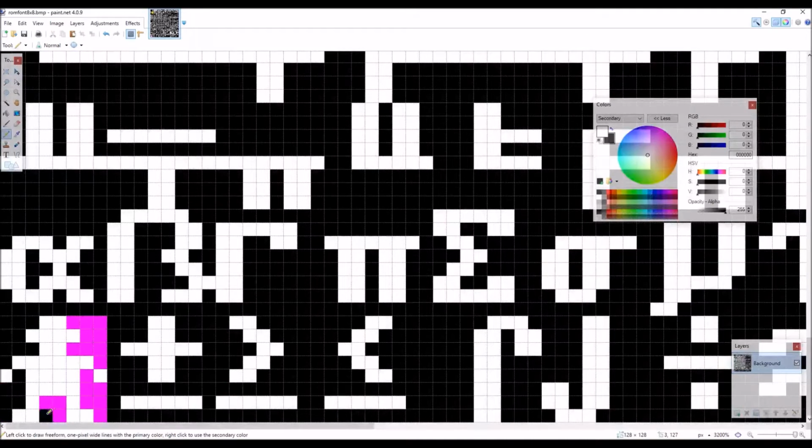Why did I use the magenta, you ask? It's so that I can block out the area where I'm working. Yes, I could have just put a selection around it. Not an art guy. So,